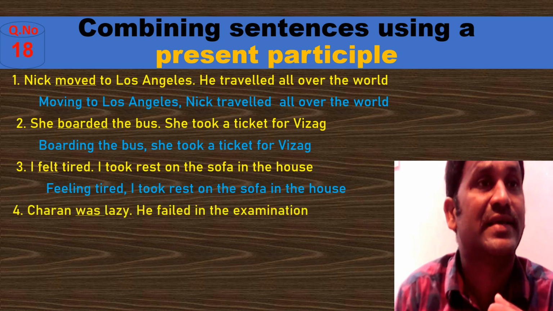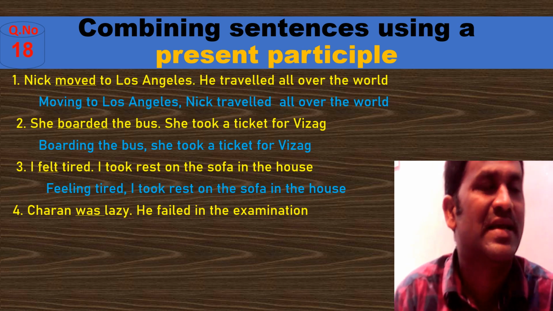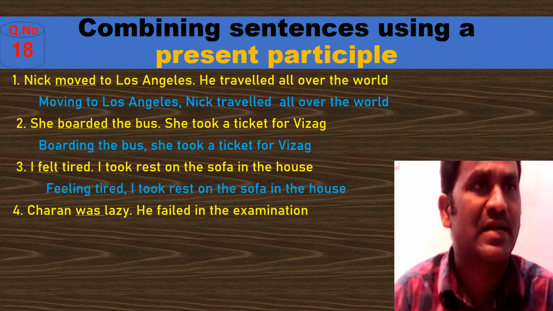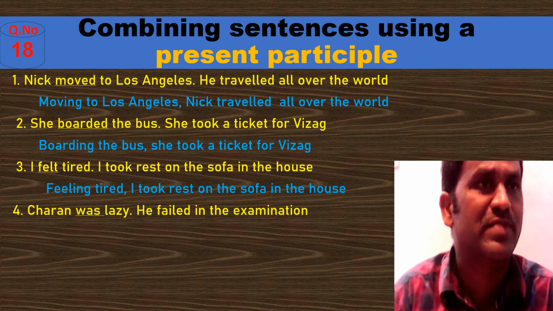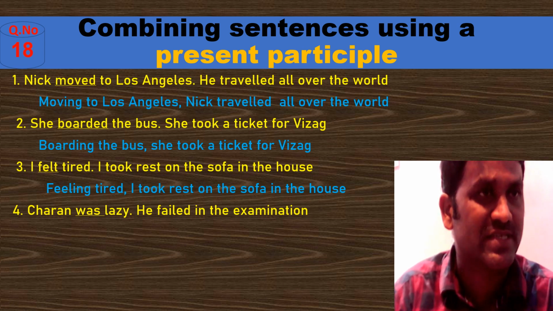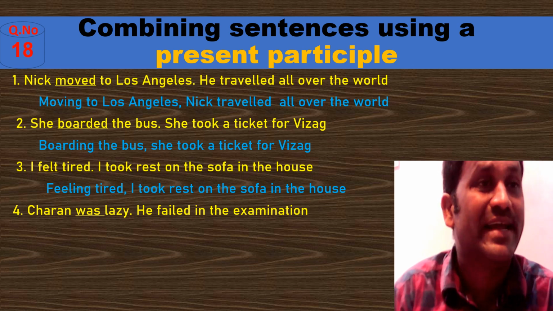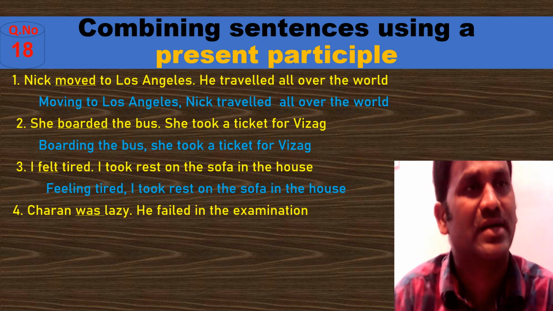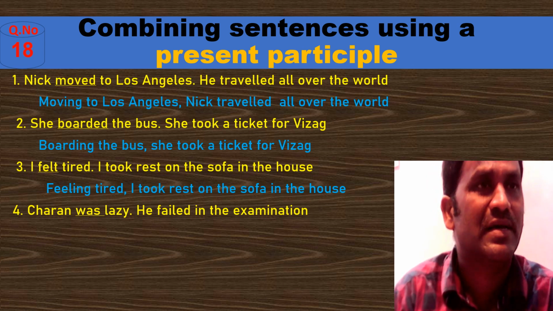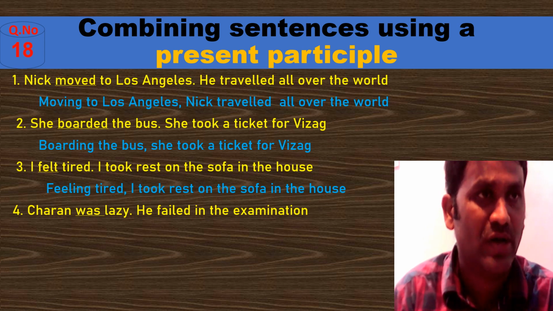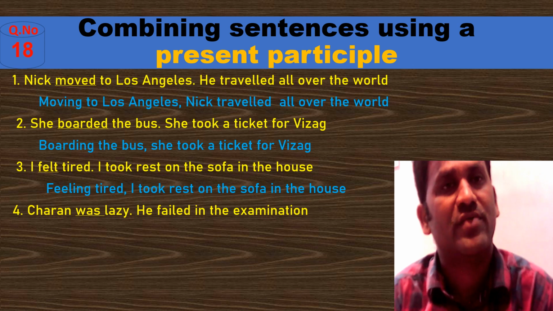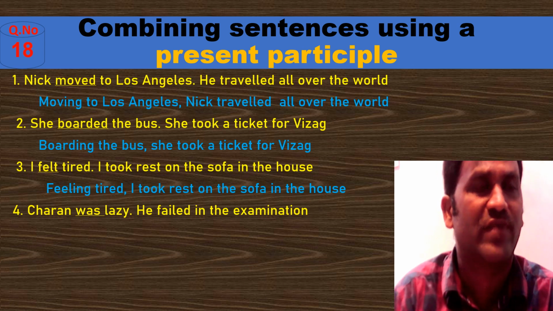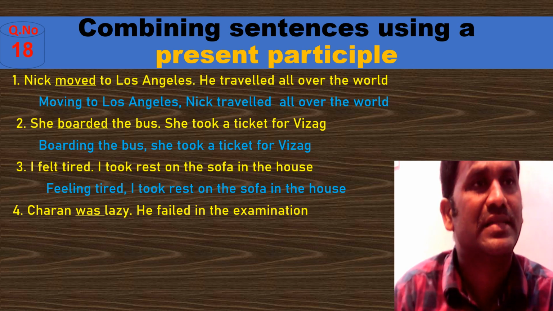The fourth one. Charan was lazy. He failed in the examination. So as usual, let's search for the verb. Here the verb is only was. Is it wasing? No, not at all. It is not the main verb. Remember, it is not the main verb. It is only an auxiliary verb or a helping verb. When there is only a helping verb like is, am, or was, were. If you don't have a main verb, automatically you find only is, am, are, or was, were. Only those 5 words. Then automatically these words are